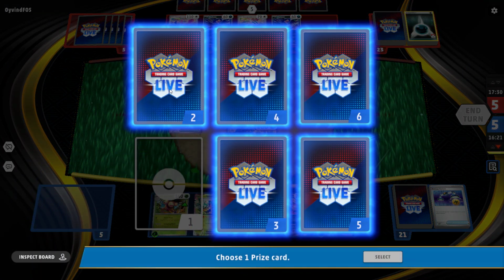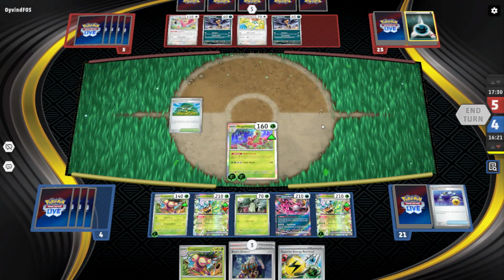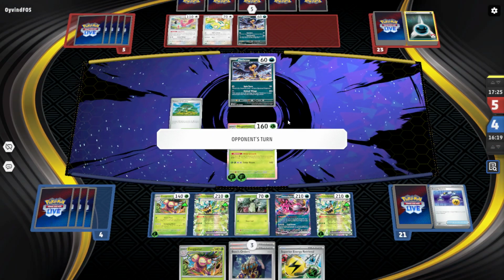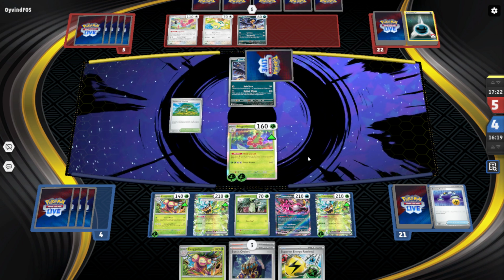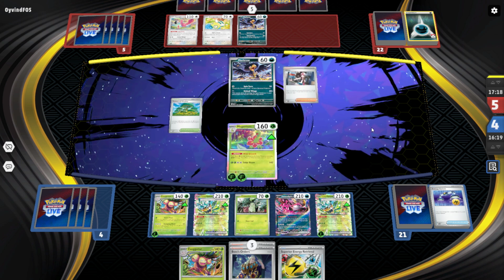I mean, I did say that I've never attacked with Meganium before, so that's one off the bucket list, I guess. There's one of the Exeggutors at the prizes, that's pretty good. I did forget to prize check, but well, we're in the last game, we're up against a meme deck, I'm not too worried about this. We're probably going to lose this matchup, but...